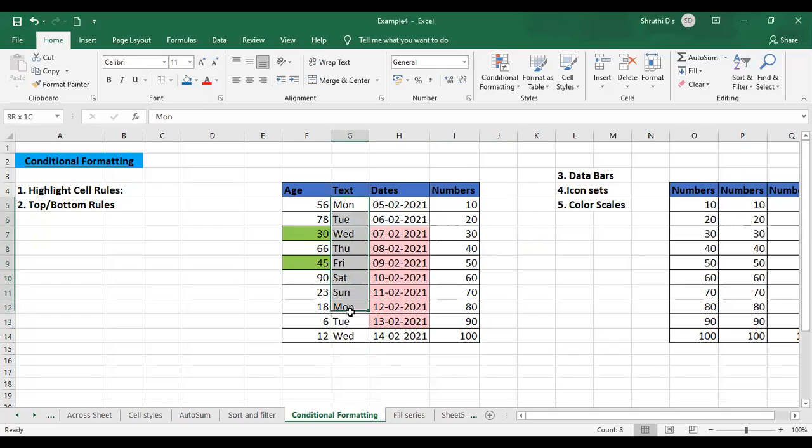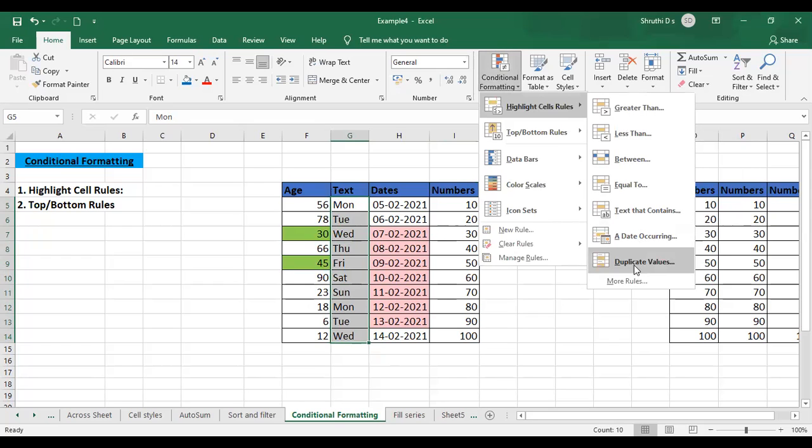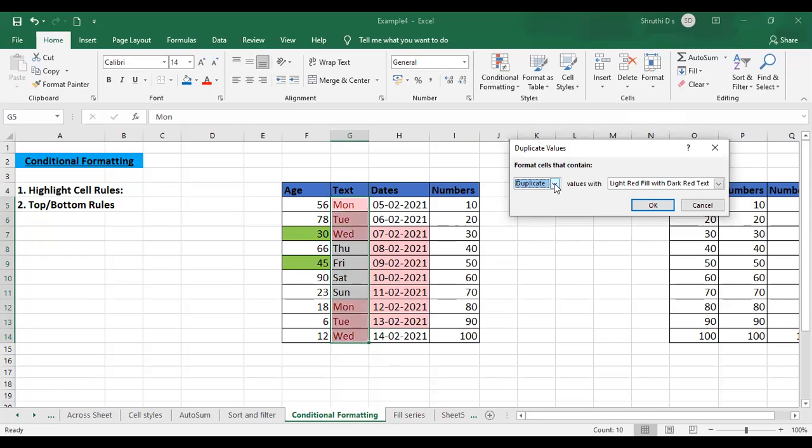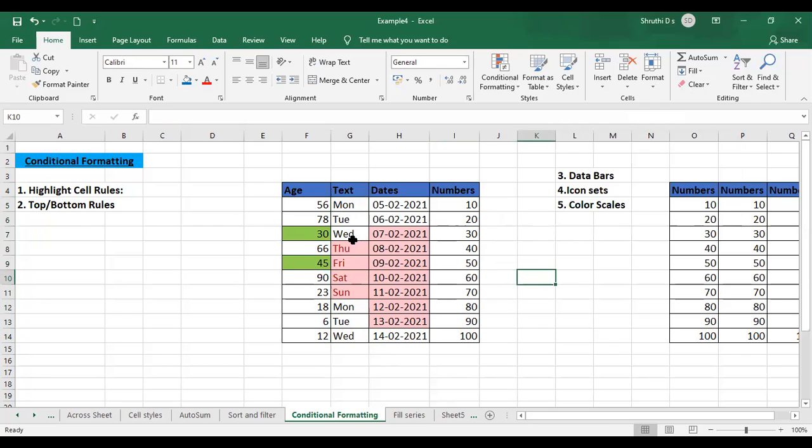So now I want to see unique values from that particular column. Unique values means which is never repeated in that table or set of range. So again, select the column, conditional formatting, highlight cell rules, go to duplicate values itself. Here, change the option to unique. Select the color. I'll fill it with red. So click on OK. And as you can see, it is highlighting only these 4 because Monday, Tuesday and Wednesday are repeated here. So you're going to get only the unique cells, with different unique values.